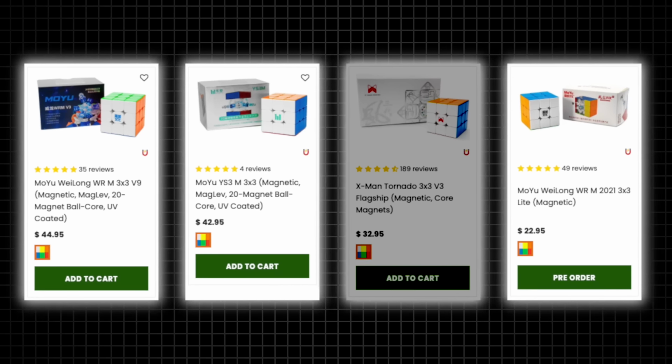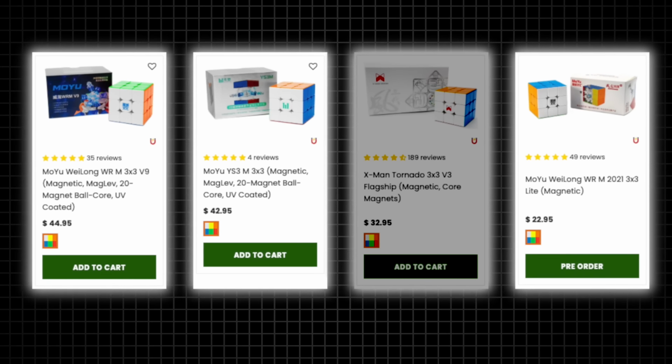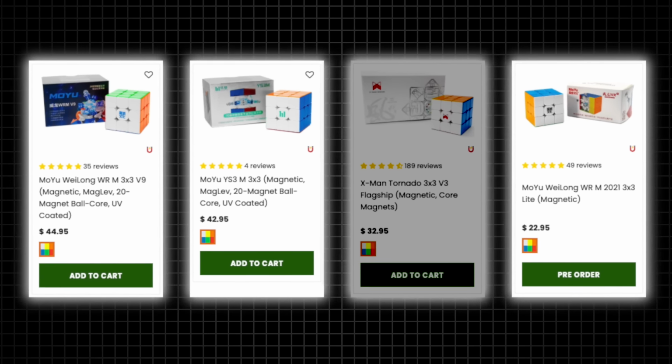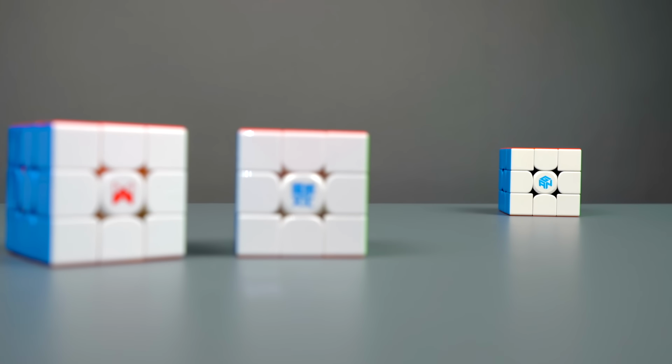And that's an issue for the customers, because people are not going to be satisfied with buying products to then have to replace them within just a few months. So it will be interesting to see if Moyu start to release puzzles at a lower frequency in the coming years. But finally, we have the GAN 356 XS, which is a cube that didn't just age badly, it got